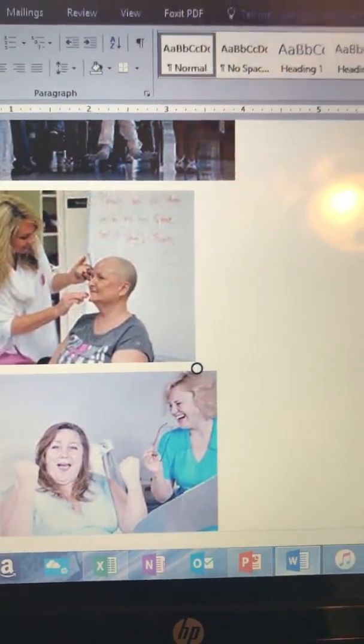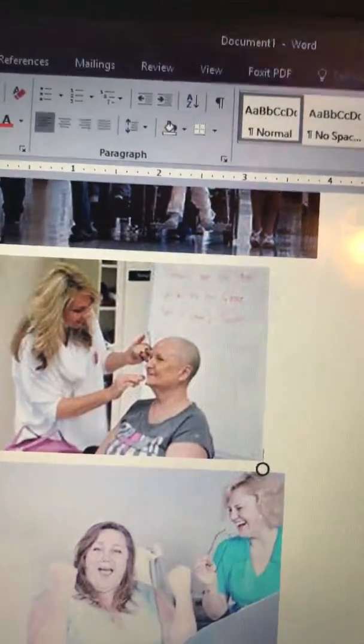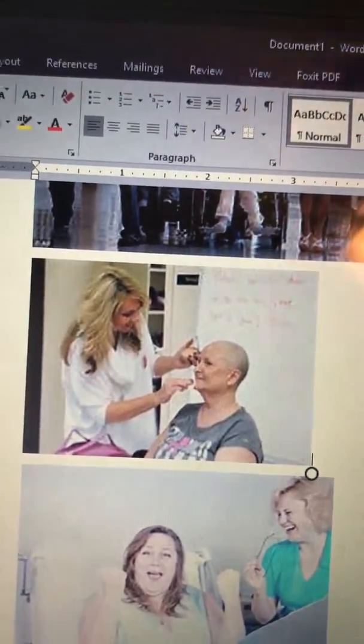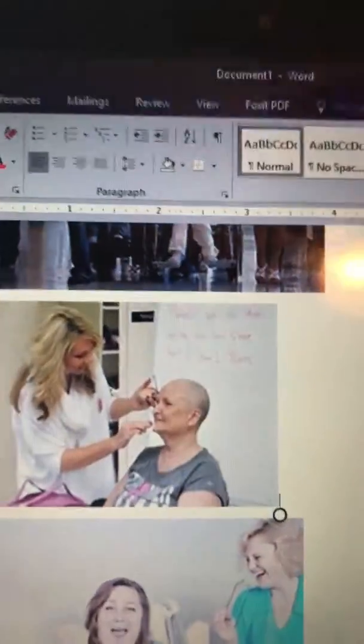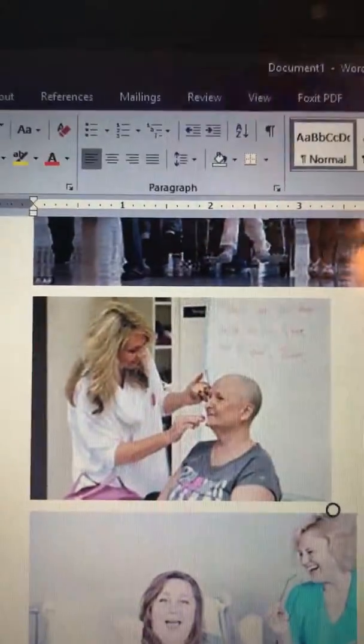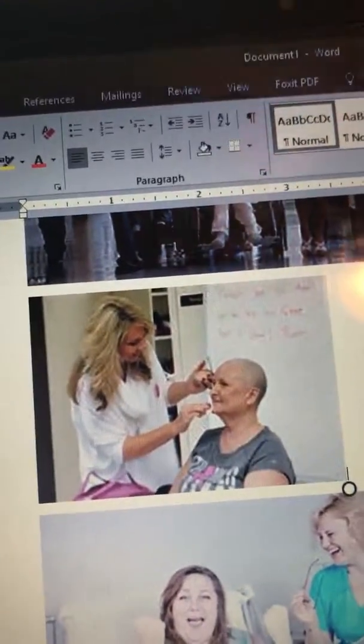Next picture right here I want to discuss is showing, looks like a cancer patient getting her makeup done at our facility. She's smiling, the coworker is smiling. This is illustrating that our goal is not only to help her get better, but help her feel better about herself. This picture is illustrating to our audience that